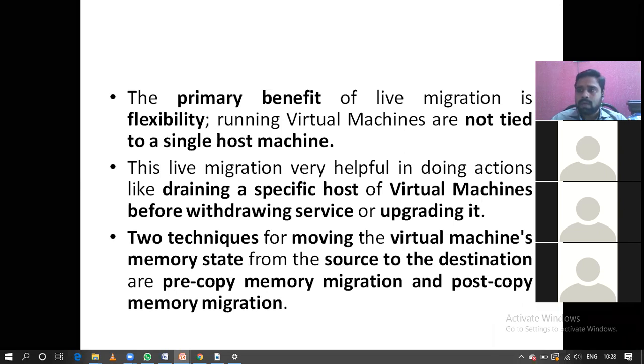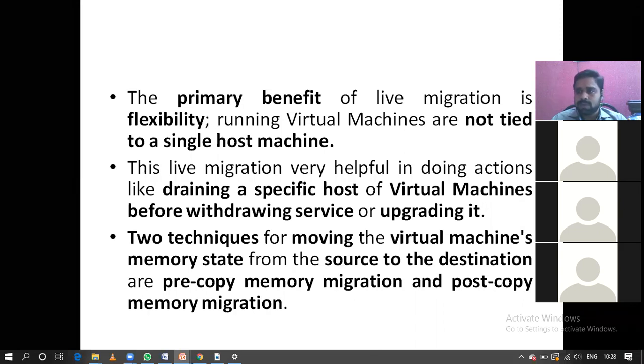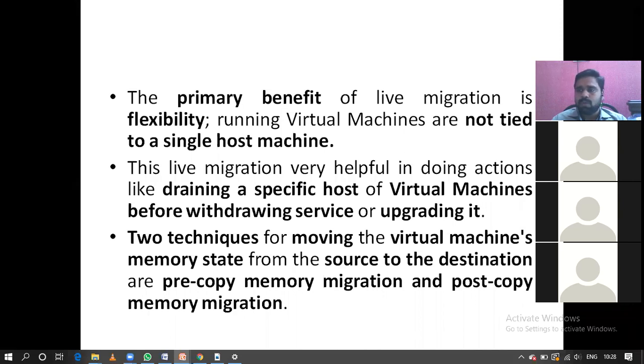These two are the techniques for moving an application from source to destination. Source means the cloud provider you are starting with, destination means the new provider you want to move to. While moving from the source to the destination, we have to maintain very less downtime, also in milliseconds.